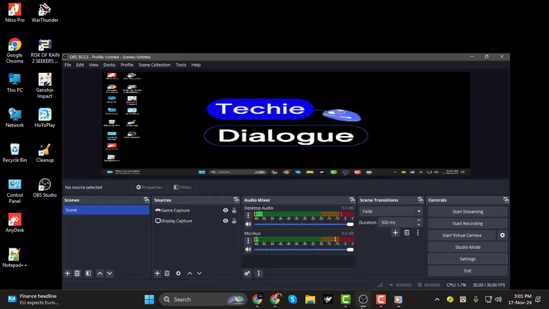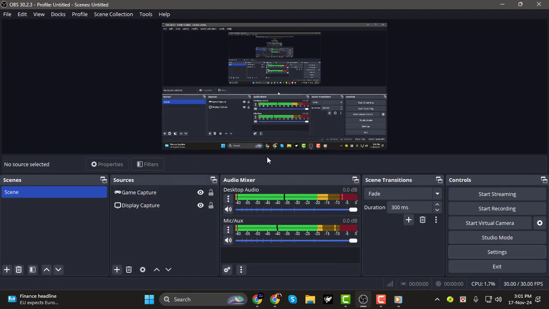Step 1. First, open OBS and look at the Audio Mixer panel, which is located at the bottom of your OBS window. Here, you'll see all the active audio sources like your microphone, desktop audio, or any other custom sources you've added. Step 2. To mute any source, simply click on the speaker icon next to the audio source in